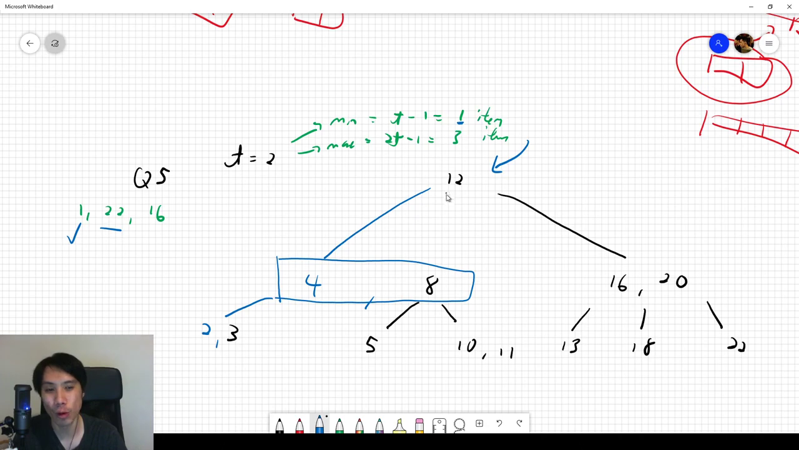Why do I not have any sibling? Because I'm the root. Your root doesn't have a sibling. Only nodes below the root have a sibling. So you look at the left child and you look at the right child, because it is your root. So here is not minimum, here is not minimum, so I can perform a